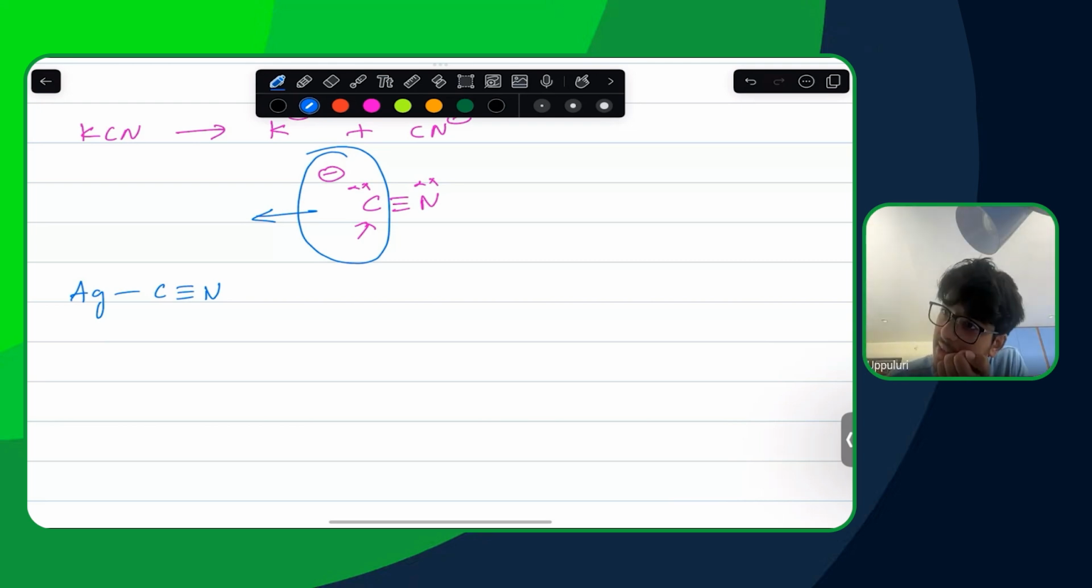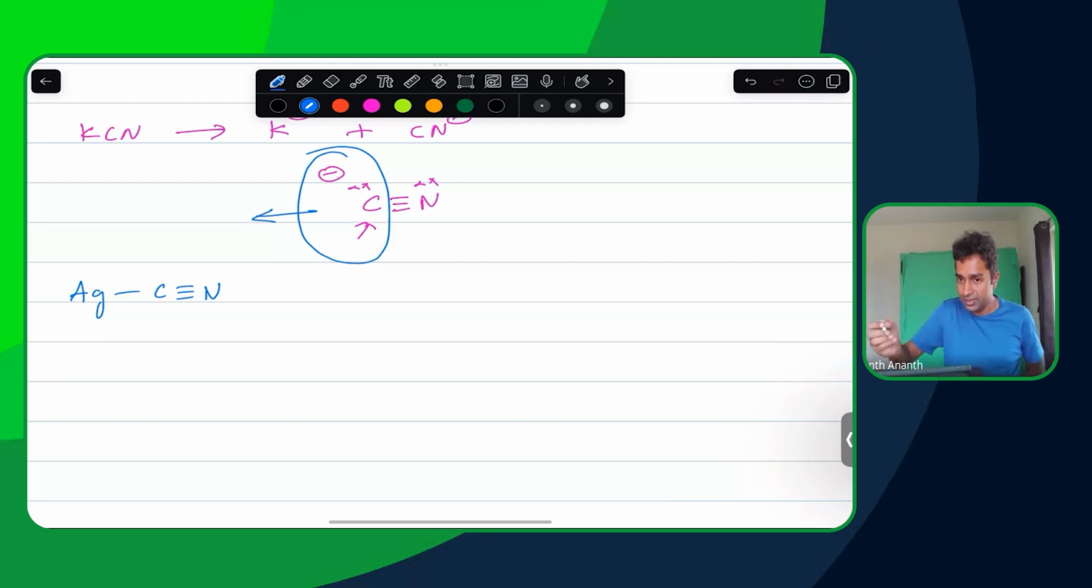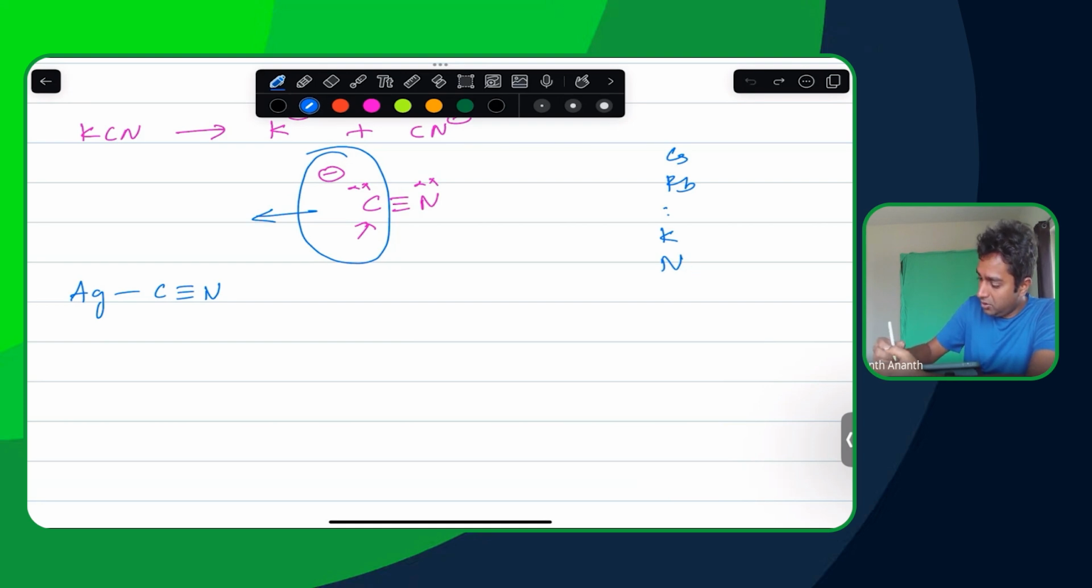When you're looking at the metal reactivity series, let's just quickly put it down. It will be something like cesium, rubidium, dot dot dot. You'll have potassium. Then you'll have the barium bunch. You'll end up having